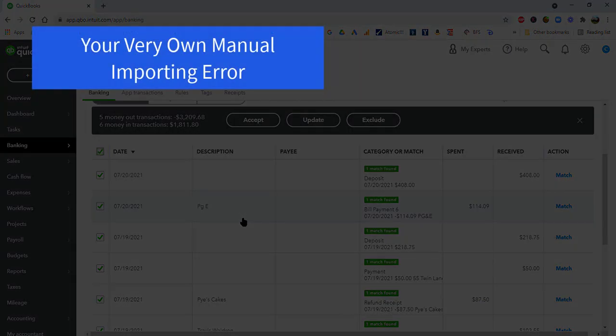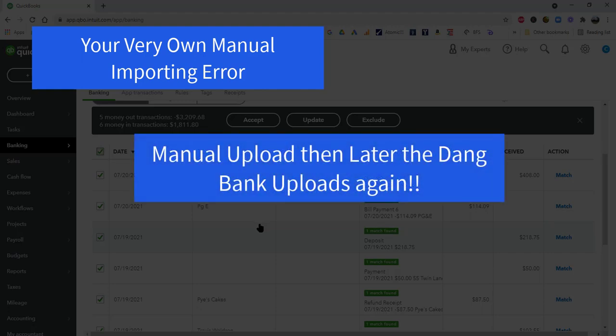One, because you're manually uploading transactions, meaning that instead of automatically connecting to the bank, you're getting a CSV file from the bank and then manually uploading it. And then let's say you accidentally uploaded the same file twice, then you would have duplicate transactions in there. Second reason is that you manually uploaded them, and then later you connected the bank so that you have the manual transactions in there, and then you also have the bank